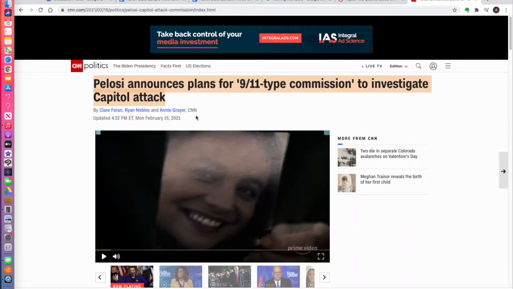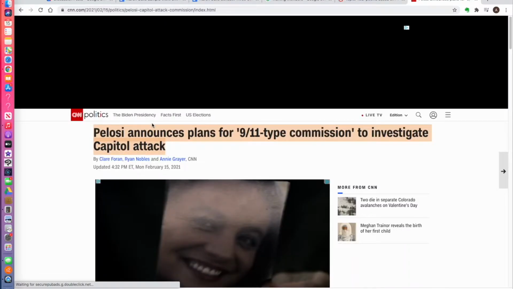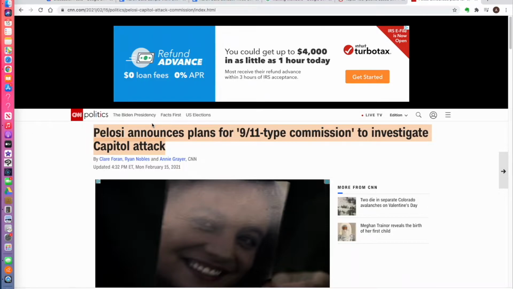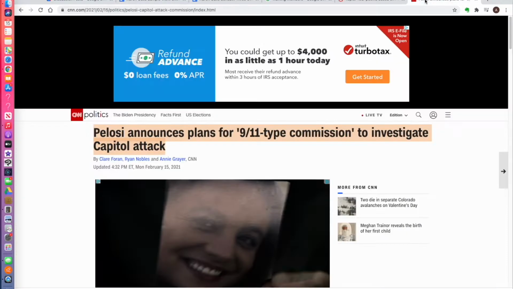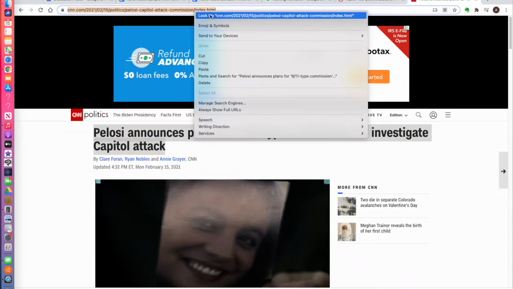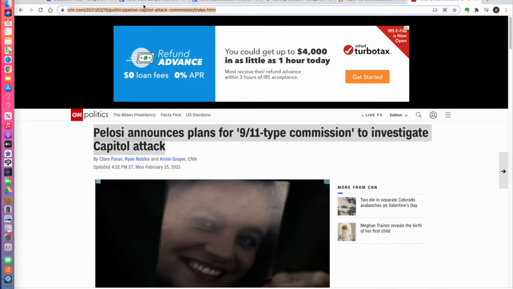Now the trick is when you're choosing to do this, when it's an internet article, you always choose the date that you accessed the article. And the reason is because internet articles change constantly. I mean, all the time. So what you want to do is put in the date that you accessed it, comma, and then you come over here, you copy this,